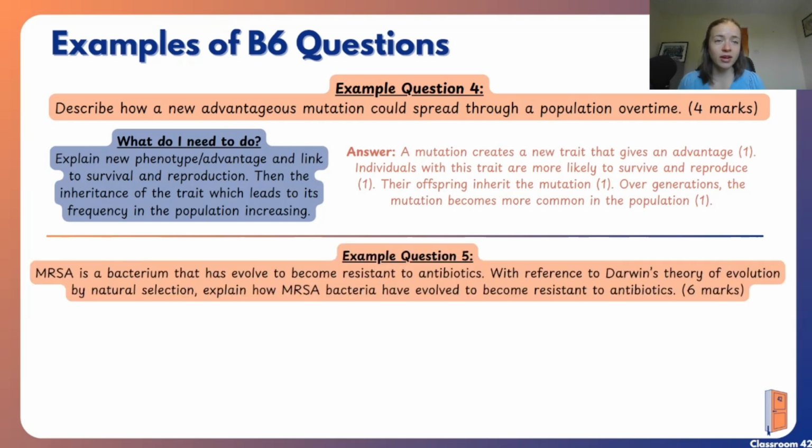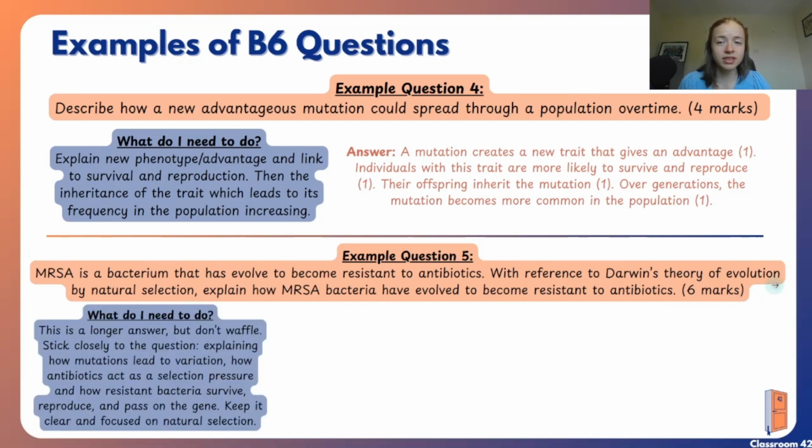And finally, this is the final question we'll go through for this B6 topic before I let you roam free on your own questions. So MRSA is a bacterium that has evolved to become resistant to antibiotics. This is another examiner favourite. With reference to Darwin's theory of evolution by natural selection, explain how MRSA bacteria have evolved to become resistant to antibiotics. And as you can see, this is a 6-mark question, so we want to be explaining ourselves and providing